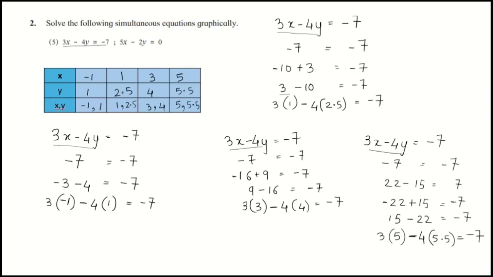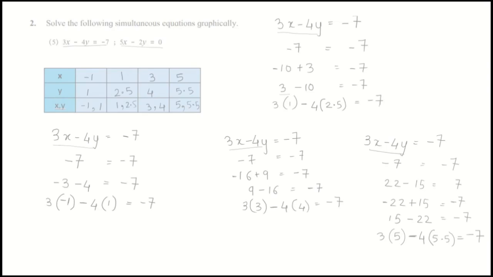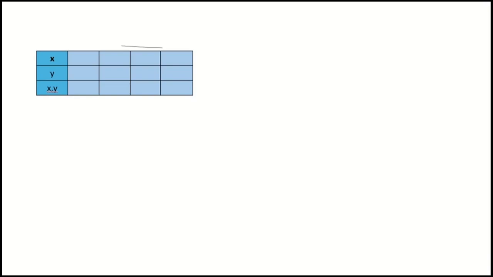As we got the points for the first equation, we will now search 4 points for another equation, which is 5x minus 2y is equal to 0. We will write down the second equation. For this equation, we are going to search 4 points for x and 4 points for y. So let's check for first points of x and y. Even here in the equation, there is a minus sign, but the total is 0. We need to get total as 0. So let's take any number, say minus 10 plus 10 will give us 0.